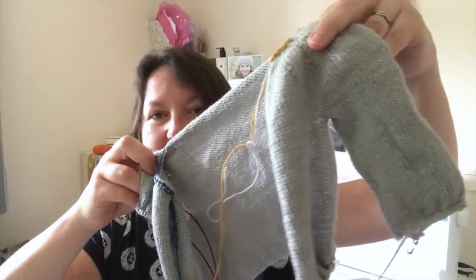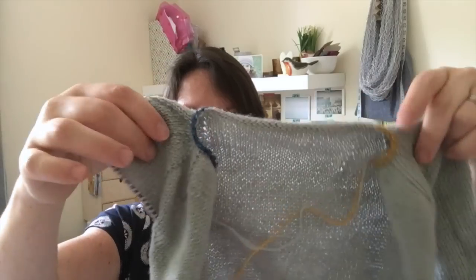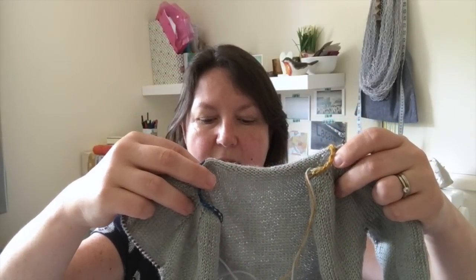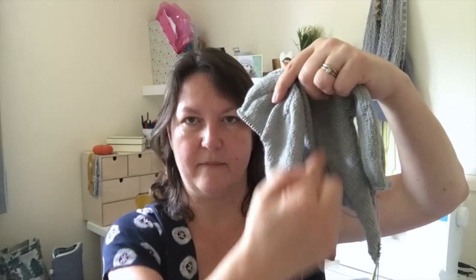So yes, I've just about finished the first sleeve. Going to start the second sleeve today, and then need to do the contrast I-cord bind off around the bottom and up the button bands and neck, and then it will be finished. I don't think I've got the contrast colour with me, but I'm going to contrast it with, I think it's the China Blue colourway in the same Cascade Heritage range. I think that'll look lovely. So that's the Éole